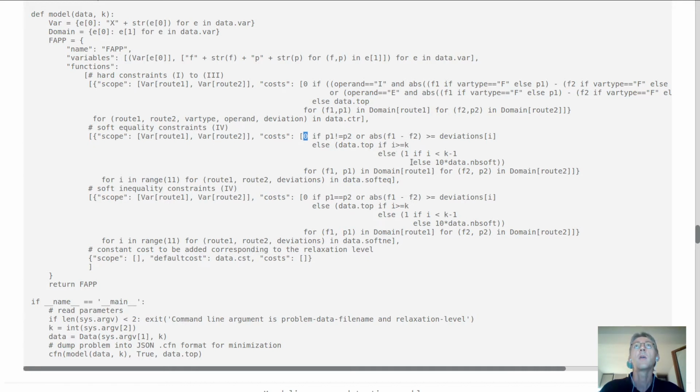Otherwise, you have this second, the third criterion: if it is strictly at lower levels than k-1, it is only a cost of 1. Otherwise, it is a high cost at k-1 exactly. Okay, and the same for equality, when the polarizations are different between the two paths. Okay, so now let's see